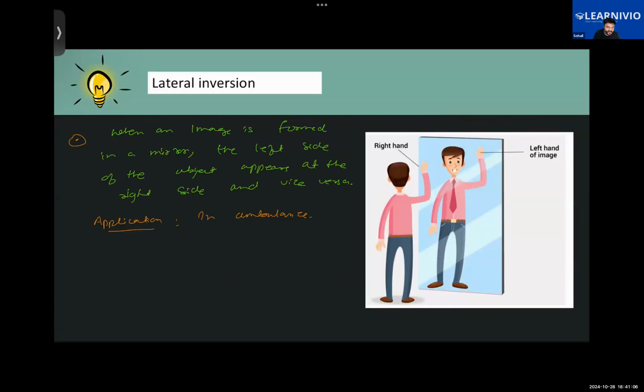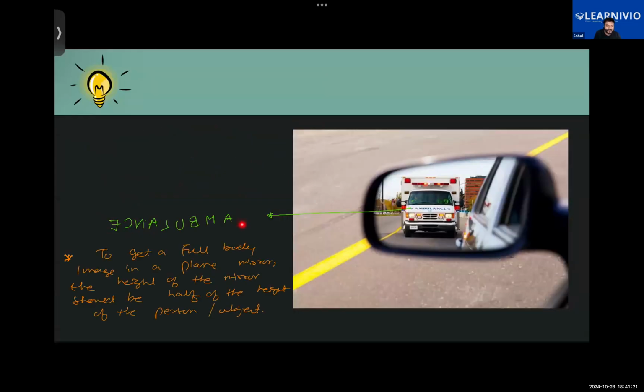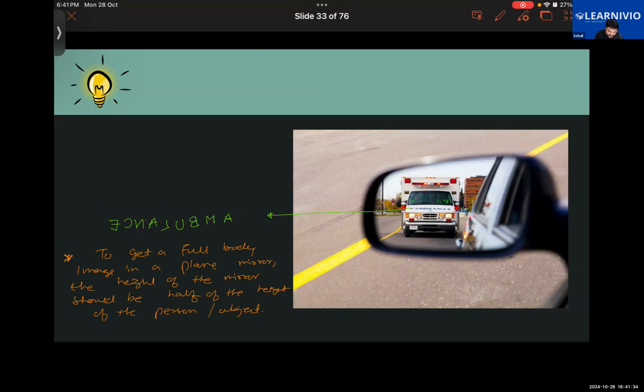Also, we have learned about lateral inversion. Whenever an image is formed in a mirror, the left side of the object appears to be at the right side in the image. That is lateral inversion, and it has some applications. Intentionally, the word ambulance is written like this on the ambulance, so that in the rear view mirror,